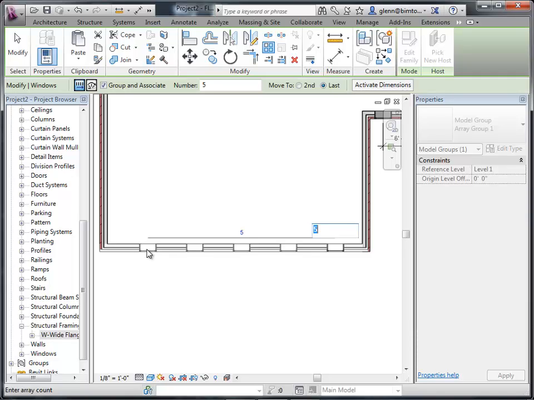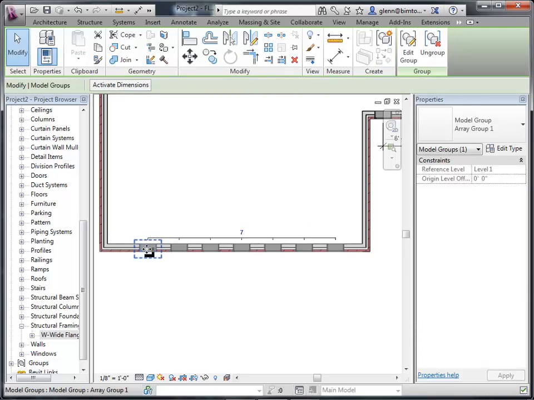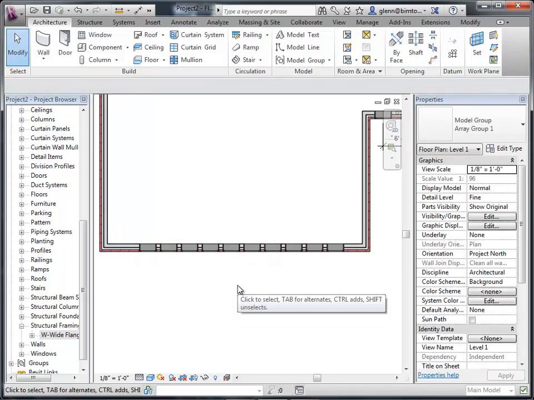They're arrayed in groups, so if I want to try 7 of them instead, if I want to try 9 of them, if I want to try 10 of them, you can try and see how many you actually get in there. Okay, it'll sort of work. And the nice thing is, since they are arrayed and they're going to operate as an array, if you choose any one of them,